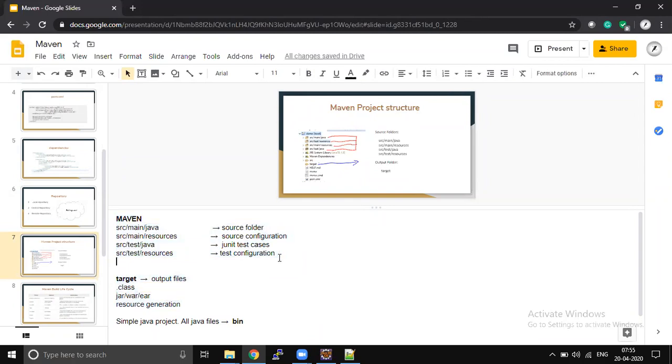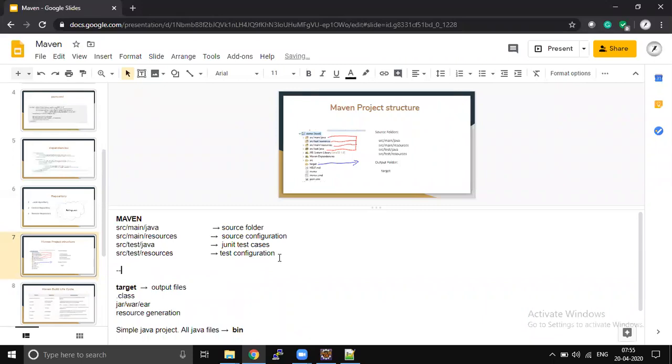But sometimes you create a non-microservice application, or sometimes you keep some JSP files in your project, right? By that time, you have to create some web application. To create a web application, we will have one more folder, right? Along with SRC main Java and SRC main resources, similarly, we also have one more folder called web app. But these days, no one is creating web applications.